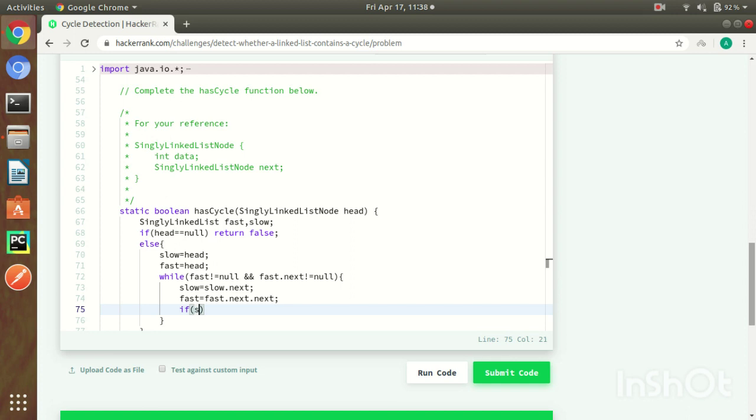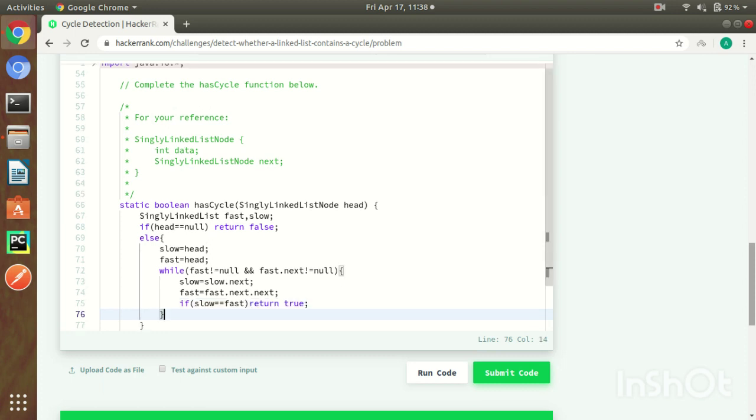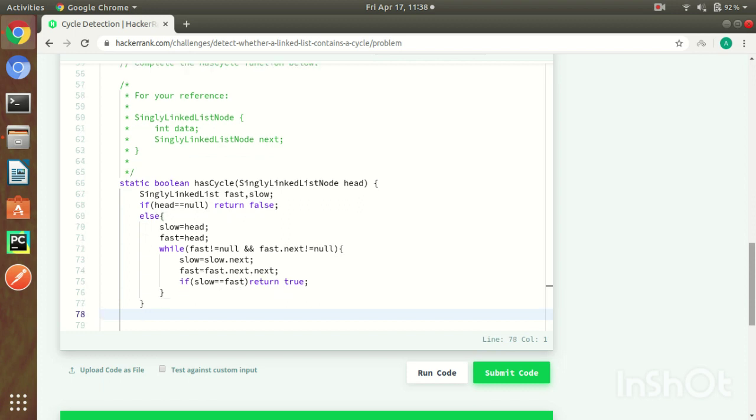After that, we check if slow at any time meets fast, then we should return true.